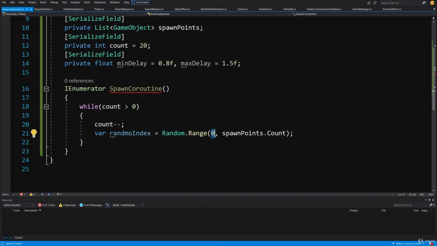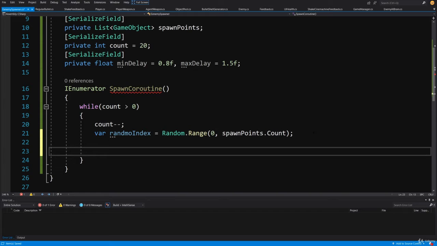Next, when we have our random index from our spawn point, we are going to make sure that we have some offset, since if we spawn two enemies on the same position, then they will start colliding, and this might be an issue for us. So let's type var random offset equals, and let's set it to be equal random dot inside unit